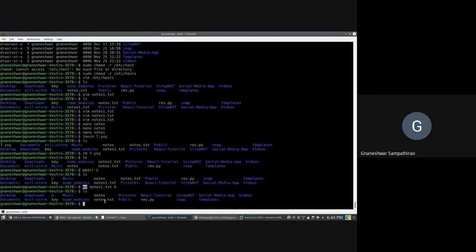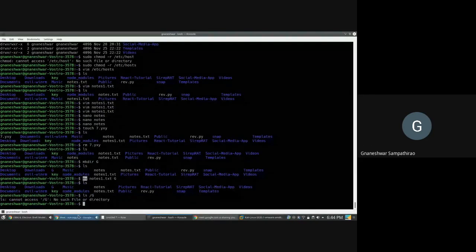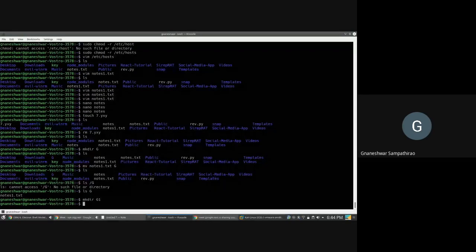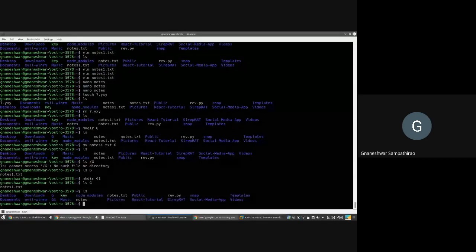So if you check it, see, if you check it, you can see this file is moved. So there is even, let me make another kind of directory, g1. So now there are two folders which we have made, and now we want to remove it. So we can use this rmdir. So for removing a file, we just use rm, and for removing a directory, we'll be using rmdir.